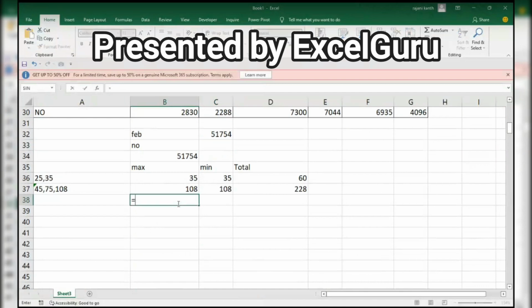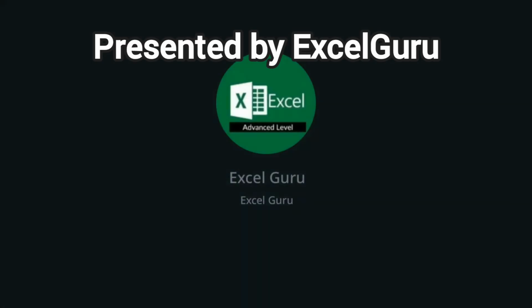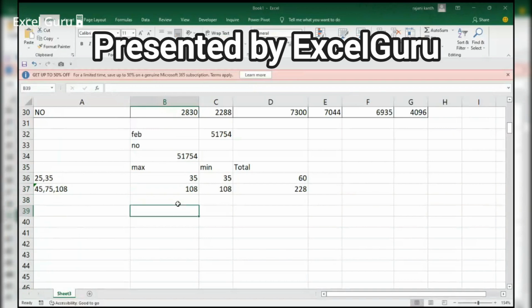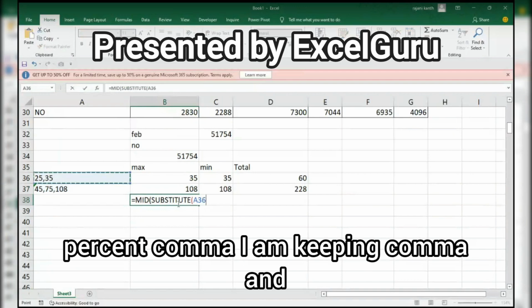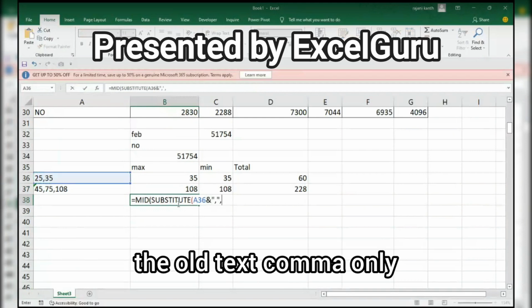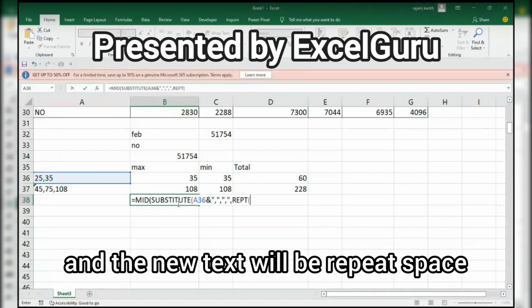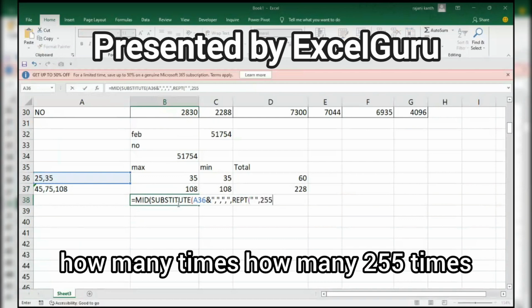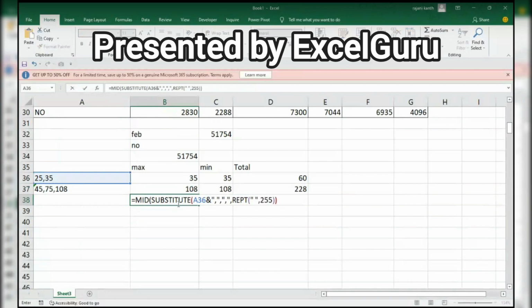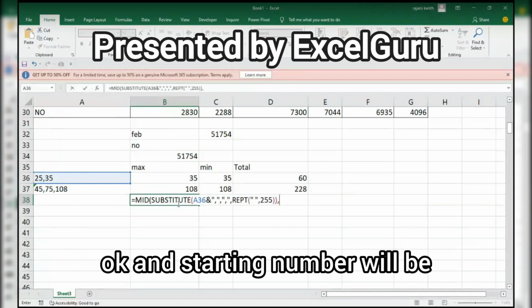Equal to LEN of SUBSTITUTE. When I use SUBSTITUTE, this one, ampersand, comma. I'm keeping comma and old text comma only. Text comma only, and the new text will be REPT space. How many times? 255 times. Okay. Those parentheses, and the starting number will be,